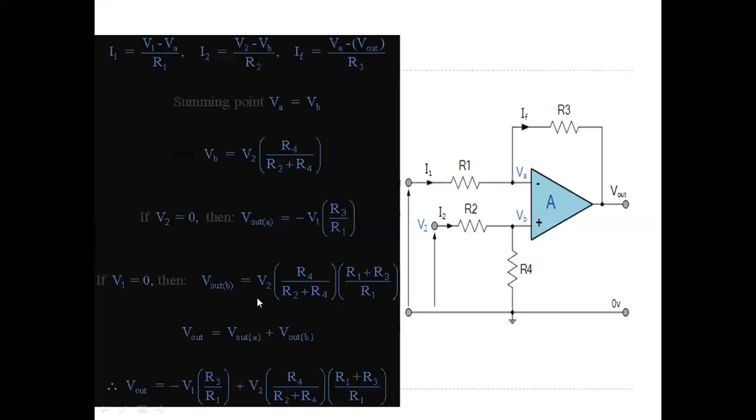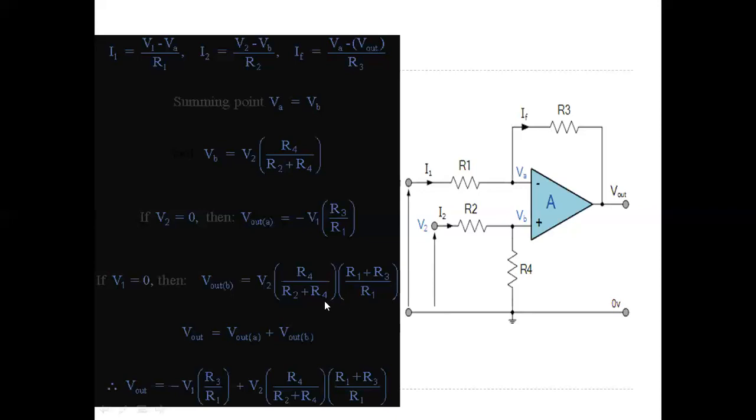So here we already know the formula. What is the formula? For the non-inverting amplifier, the closed loop gain ACL is equal to 1 plus Rf by R1. So 1 plus Rf by R1 means 1 plus R3 by R1, or R1 plus R3 by R1. Or else we can also take this as 1 plus R3 by R1 into Vn.